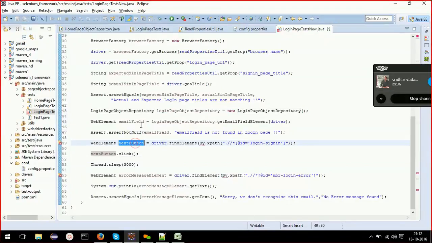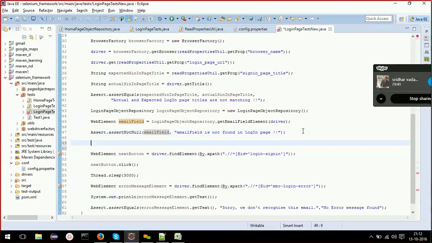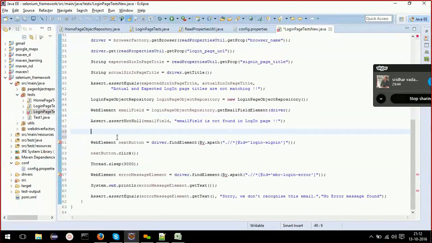So don't worry, I'll explain. Email field. Email field is not found in login page. Then in email field, I need to enter the value. Okay, email.